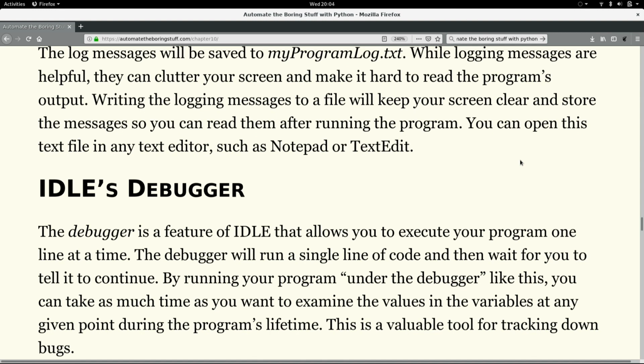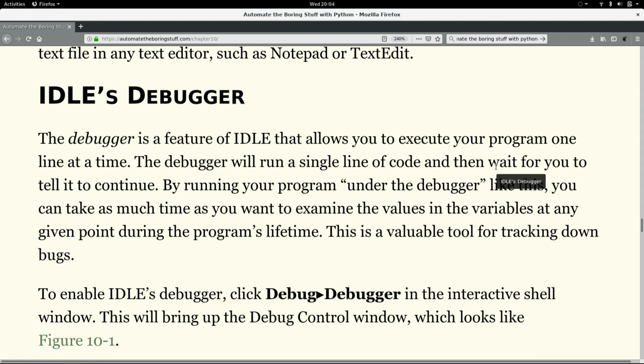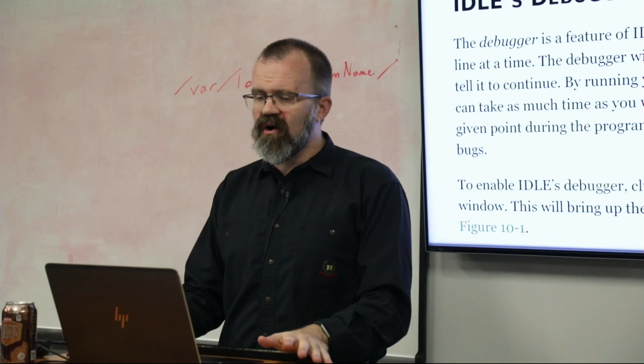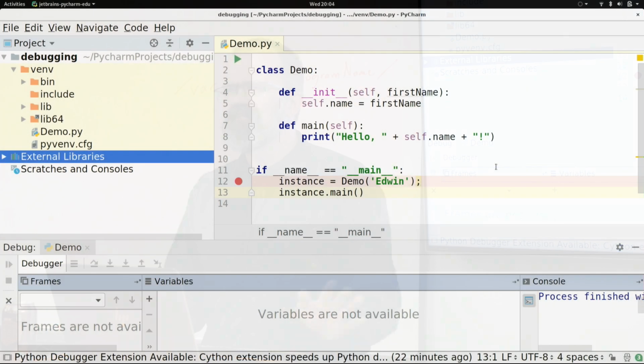Oh, let's skip over 20 and just stop here, and I want to see what it is when it stops here. And in this book, they talk about IDLE. Now, you may recall that we indicated that you should have PyCharm installed. Most of the information in this book refers to IDLE's debugger, and we will, of course, be presenting Python's PyCharm